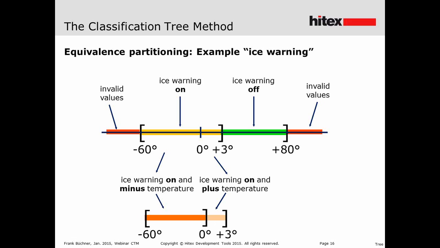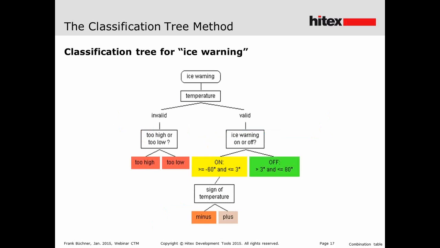Okay. That's about equivalence partitioning, and the first step in applying the classification tree method is to make equivalence partitioning for all of your test relevant aspects, maybe iterating this equivalence partitioning, and the result of this first step is a tree, the so-called classification tree, and the classification tree for this example here would look like that. The root of the tree is at the top. This means the tree grows from top to bottom. At the top is the problem ice warning, and in this rectangle here with the solid borders, there is the